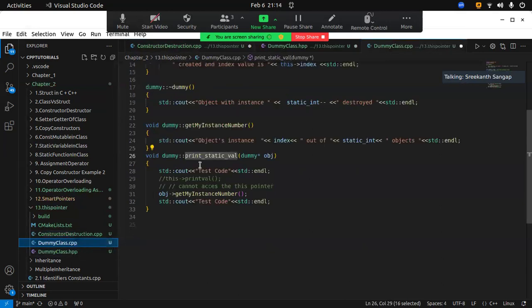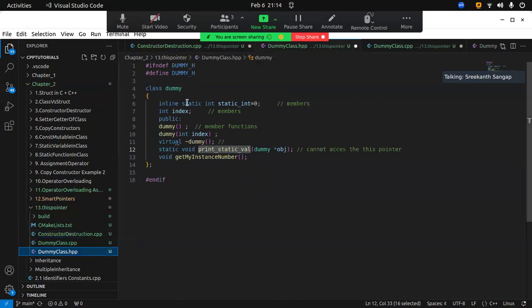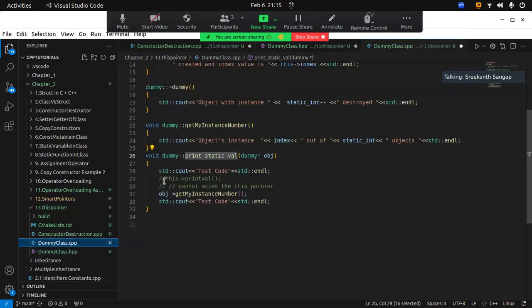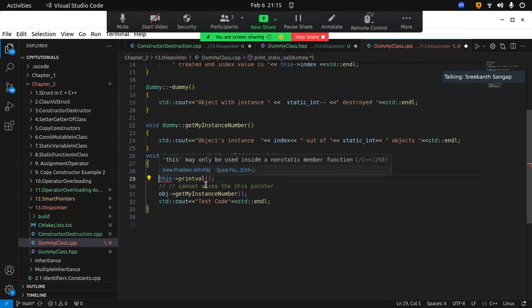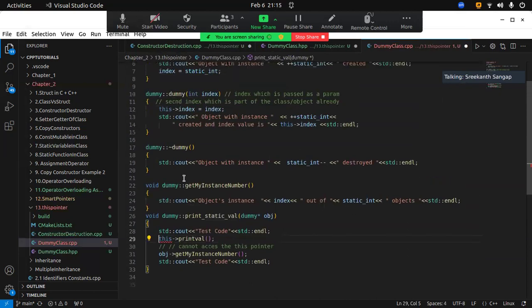In this example, print static val is a static member function. Inside this, if I try to call this dot print value, it will show some error. But the same function, if I try to call